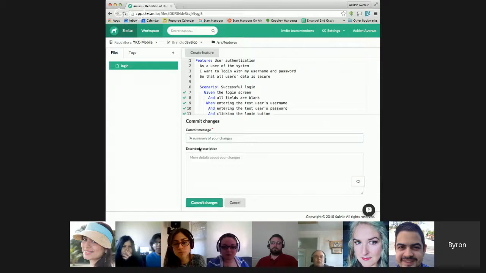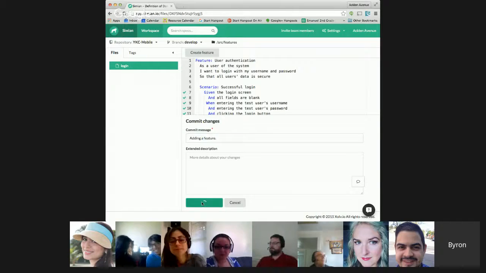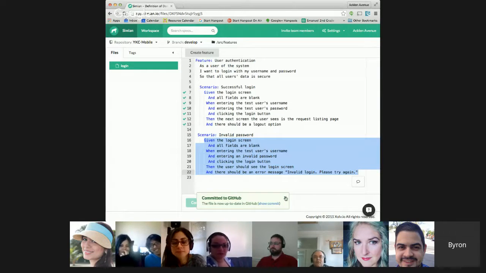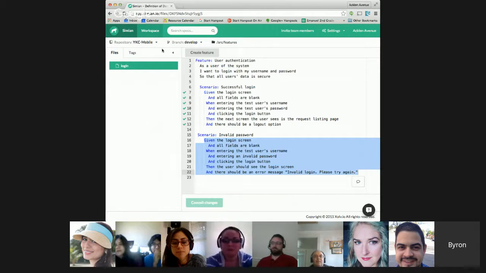I'm just going to go ahead and commit these changes. This is actually using Git to store the feature files. Luis called me out the other day in chat. Was like, "Hey, what's this thing you're putting in my repo?" So very territorial, those developers. A feature. Now you get to see what this was, Luis. So that's committed to GitHub. Now all the poor developers are going to have to. Oh, this is at YKC Mobile.